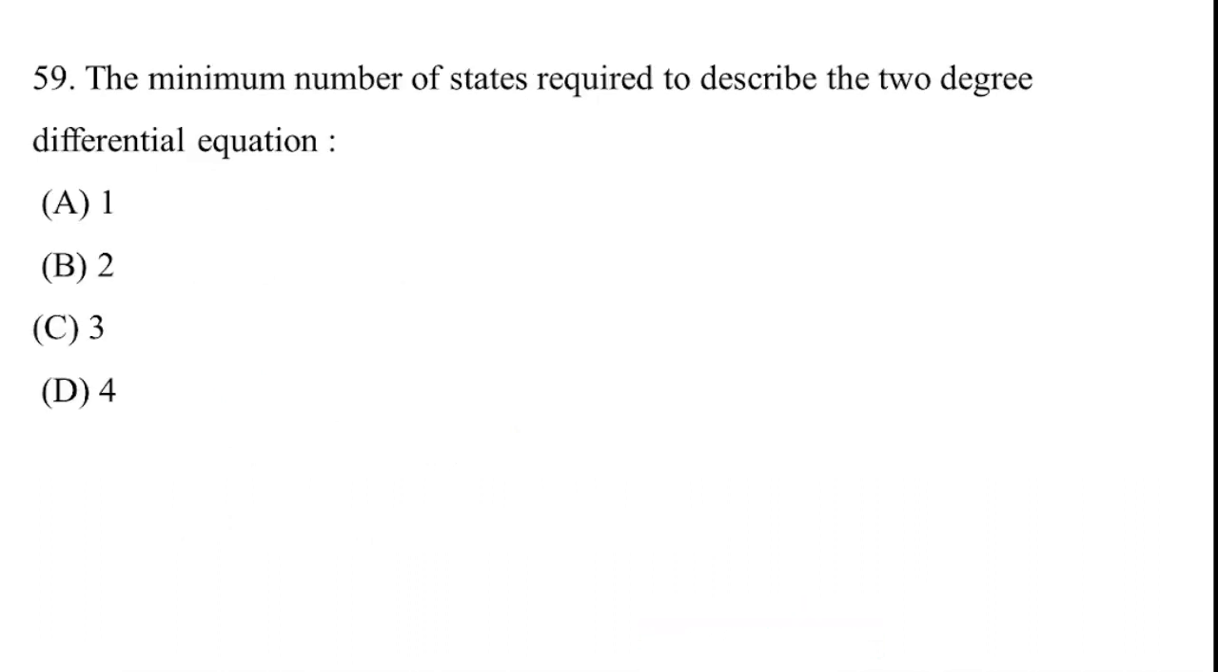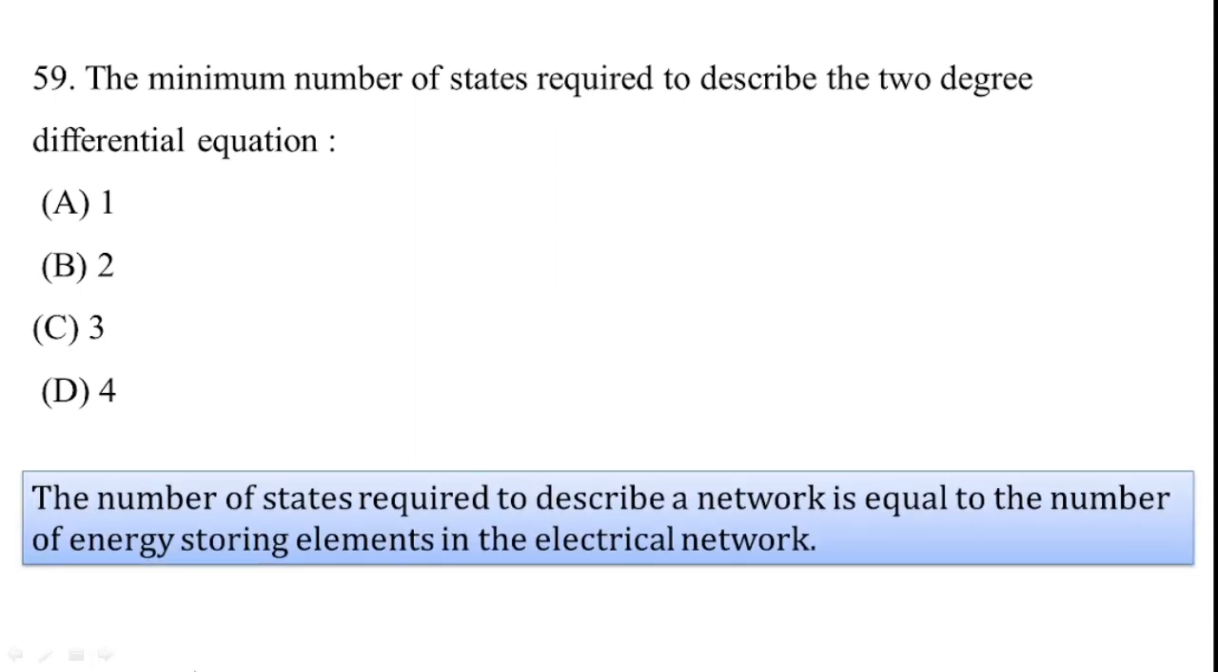Next question, the minimum number of states required to describe the 2-degree differential equation. The number of states required to describe a network is equal to the number of energy storing elements in the electrical network. Here 2 degree, again 2 required. Option A is 1, option B is 2, option C is 3, option D is 4. The correct option is B, 2. The last question,